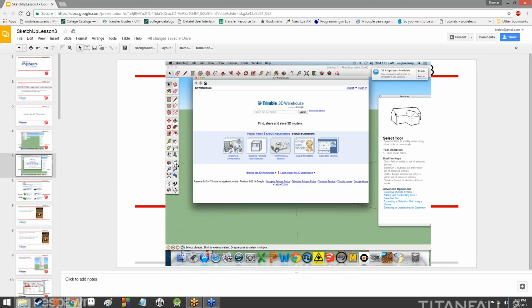There was that house, and it was made up of other things as well. There were cars and stuff like that. SketchUp is very popular for architectural design, so you'll find a lot of buildings and floor plans. But really, anything that's made in SketchUp can be shared on the 3D warehouse for other people to then download and incorporate into their designs. That is one of the nice things about SketchUp, the ability to collaborate and generate more